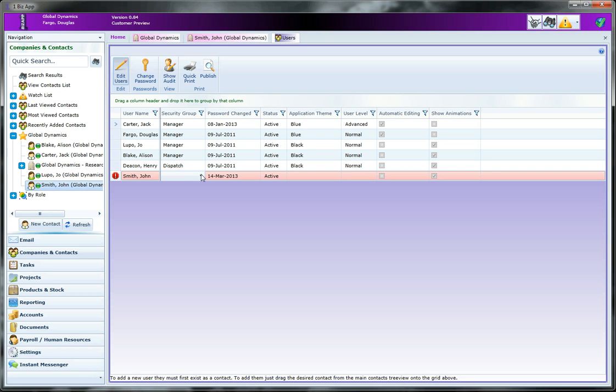Depending on how your security groups are set up, you can set up multiple security groups, and each group can have different levels of access to different information in the system. In this test system, we've just got 2 groups. We've either got a dispatch user or a manager. So we're going to put him in as a manager. We're going to set the default theme to blue for him to be a normal user,